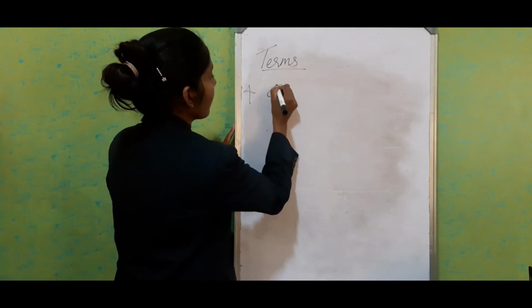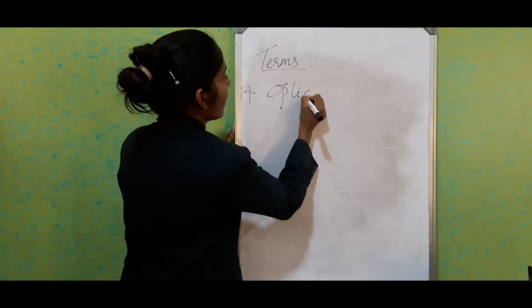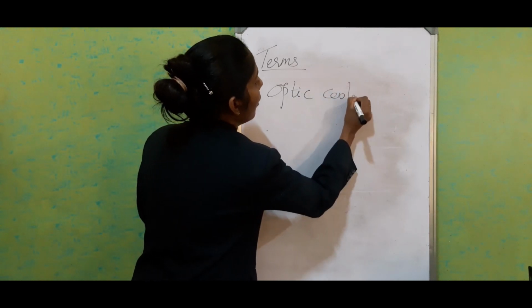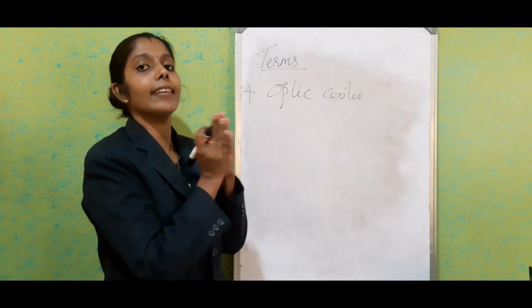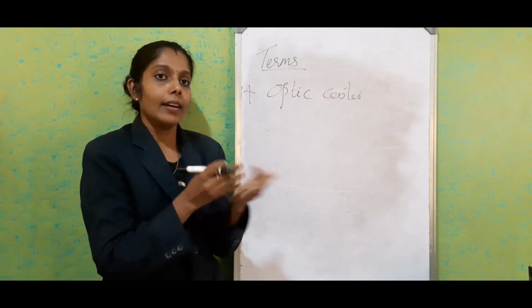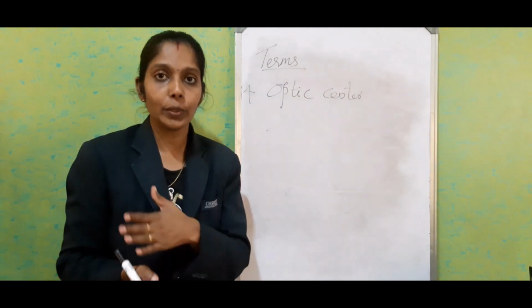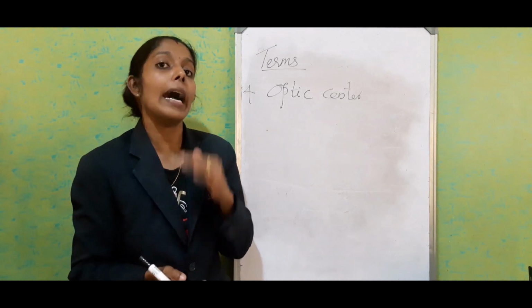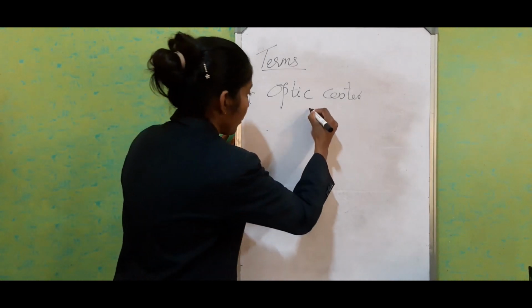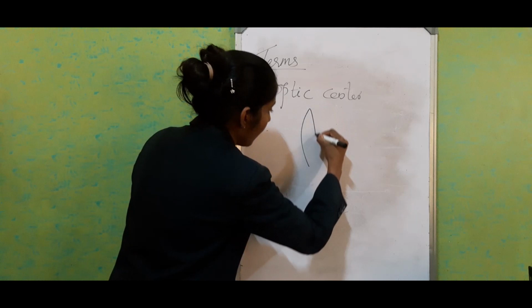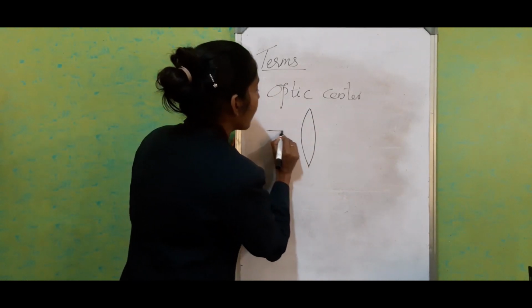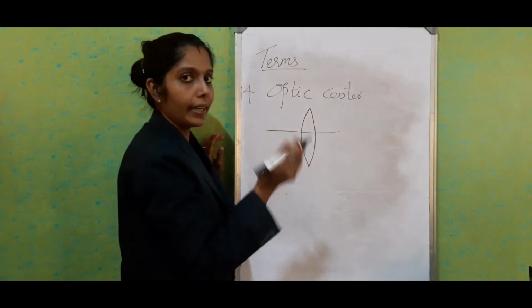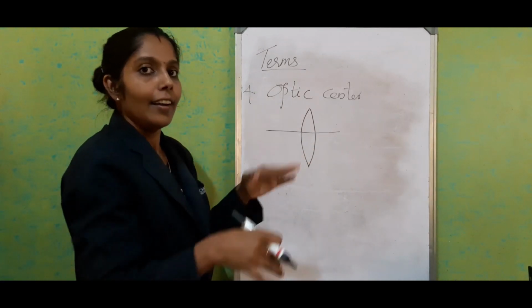Fourth term is optic center. Optic center is a point inside the lens. If a light ray is passing through that point, it will go undeviated. So if this is a convex lens, we know that if any ray goes this way, it goes undeviated because the middle part is like a